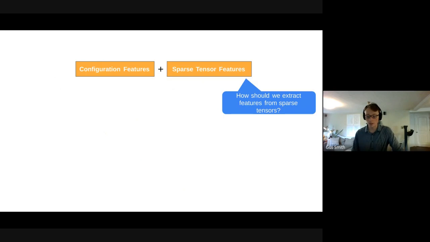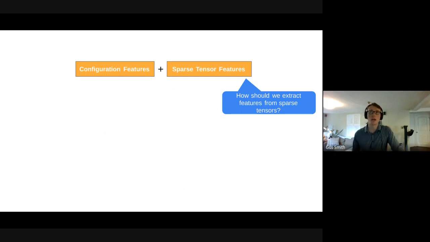The reason is that in a lot of dense kernels, the runtime or performance of the kernel doesn't depend on the data inside the tensor itself. Whereas in the sparse world, the runtime of the kernel depends heavily on the actual distribution of non-zero elements within the sparse tensor.